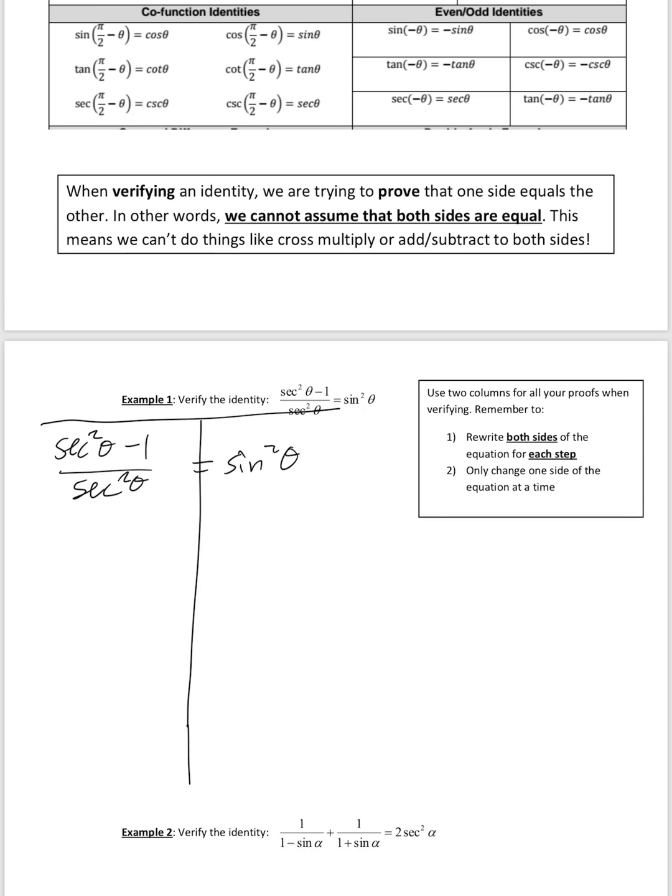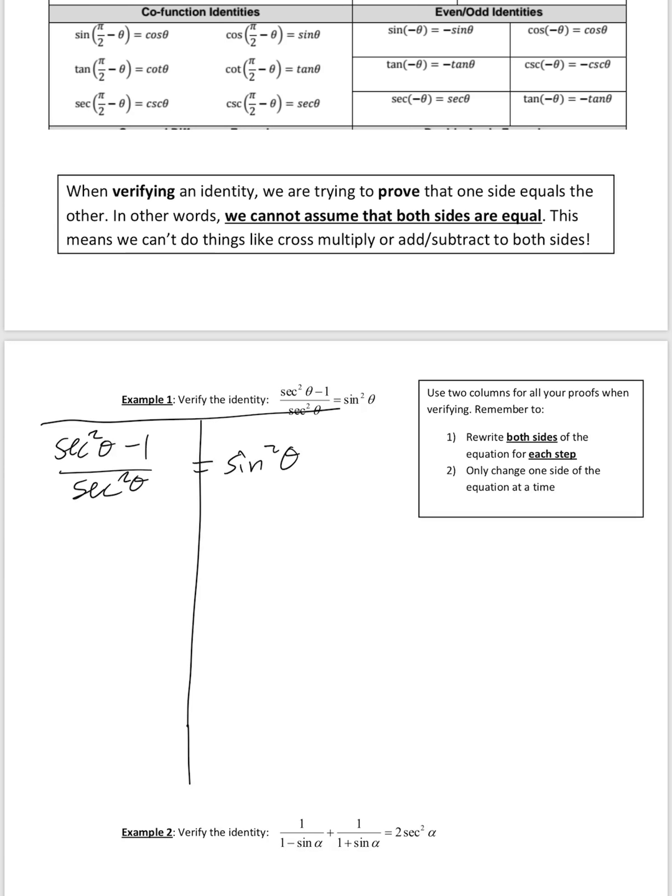And then secondly, we're only going to change one side of the equation at a time. I don't want you to work both sides of this equation at the same time. I will let you work both sides separately. I just don't want you to go from one step to the next step and have changed both sides completely, because that makes it harder for us to follow along. Okay? Make this simpler and easier to follow. So here, for this proof,